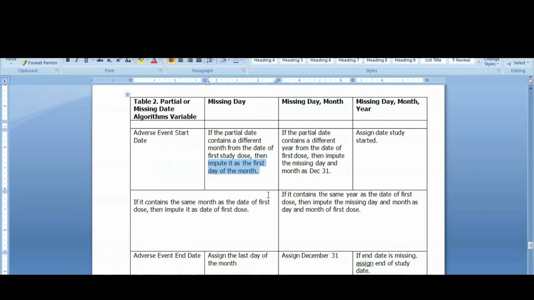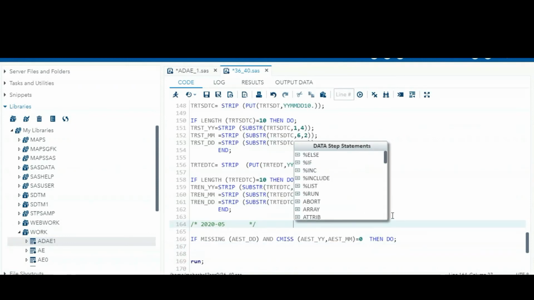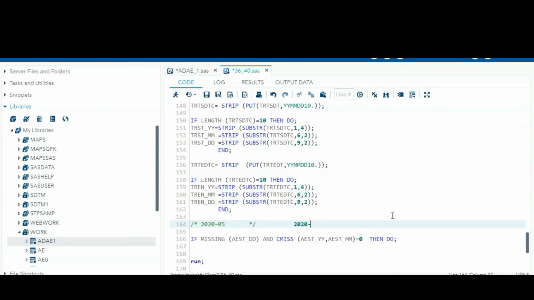What they are asking is, if the partial date contains a different month. For example, this is the AESTDTC, and the treatment start date is, for example, 2020, 4th month, 15th day. This is the treatment start date and this is the AE start date, and in the AE start date I don't have any day part. First we have to check the day is missing. Next we have to compare this month part with that month part, the treatment month part to the AE start month part.